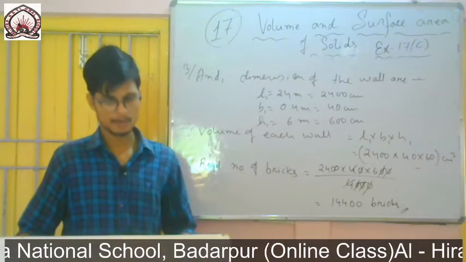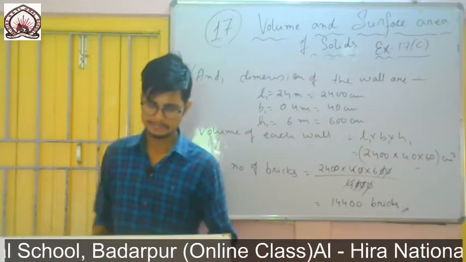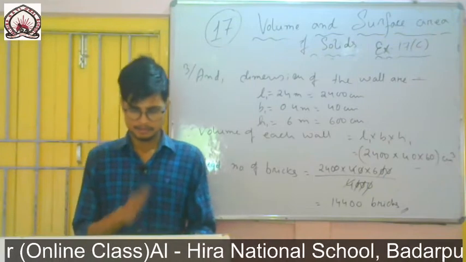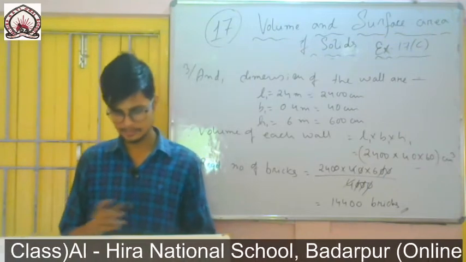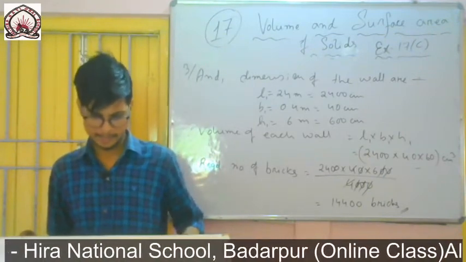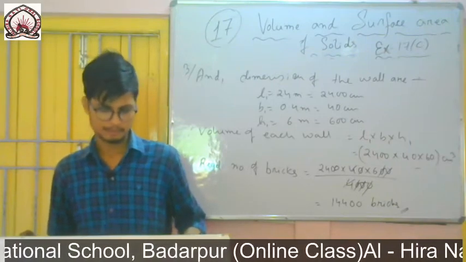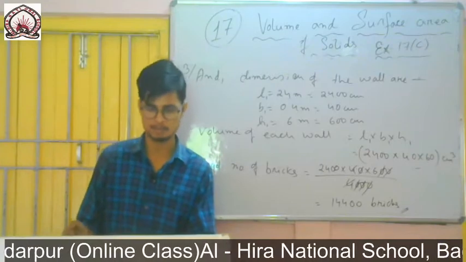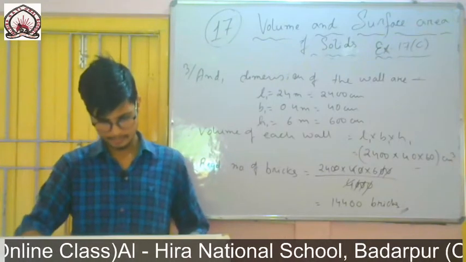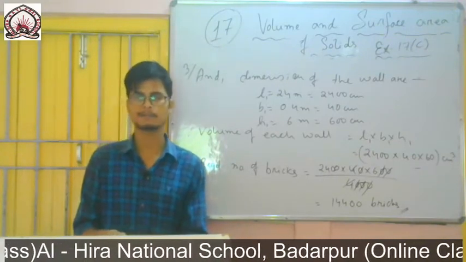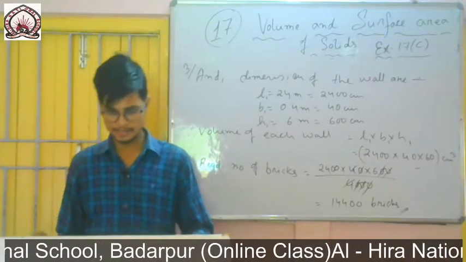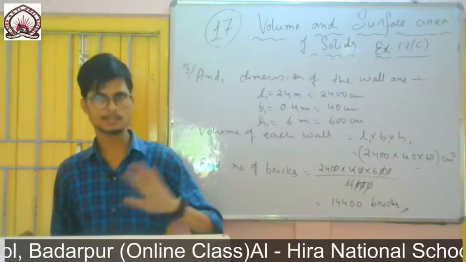Okay, now question number 4, you see the inside measurement of a cardboard box are 1.5 meter it is given, then 3 by 4 meter by 60 centimeter. So first of all, you see it is in meter, you convert it into centimeter. This one I will not do, it is homework, you try it by yourself. How I have converted? Simply multiply it by 100, then all the units it will be in centimeter.